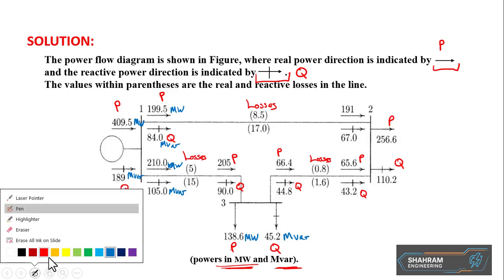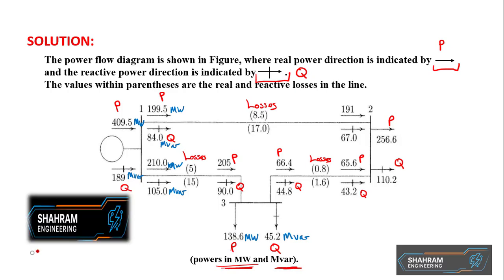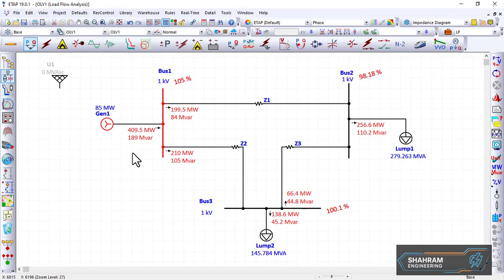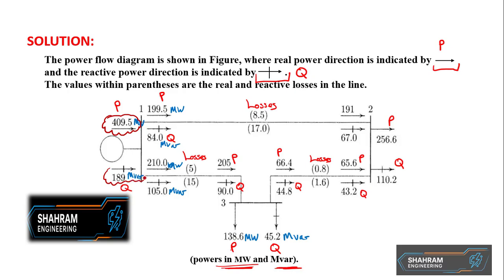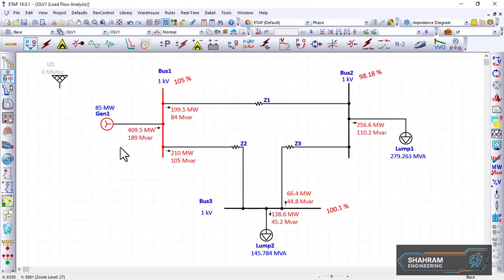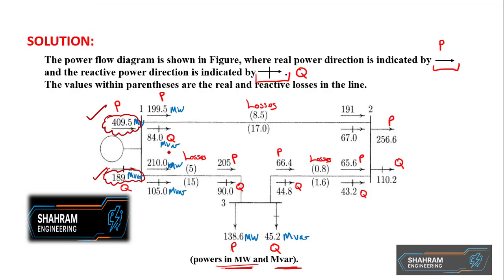let me use this one. Okay, here 409.5 megawatts, 189 megavars. So this one is, well, check, because I'm not saying the author is correct, I'm saying my one is correct here. The flow on this line,